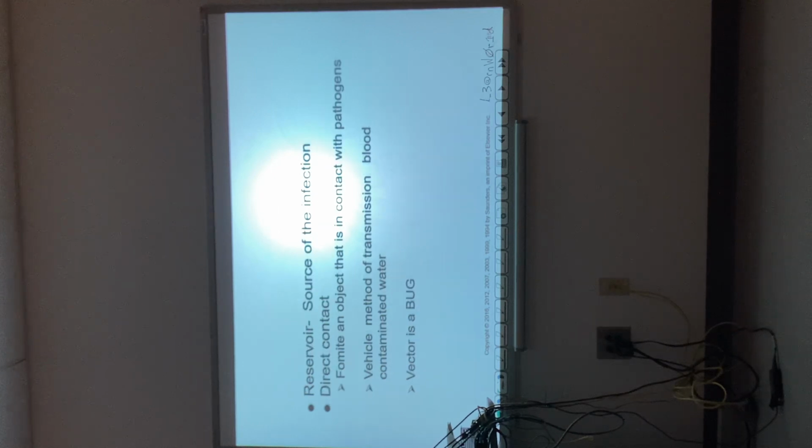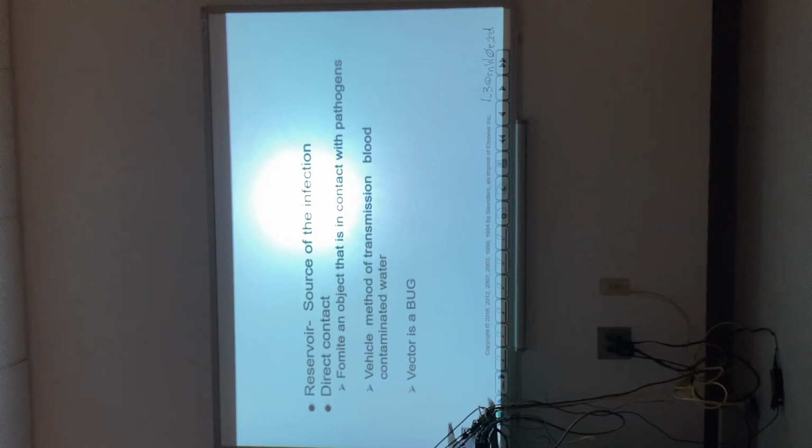We have the reservoir, all right, which is termed the source of the infection. And we know that infections can occur because of some type of contact. We have direct contact and indirect contact, all right? So here are some examples of direct contact. We have fomite, an object that hosts the pathogen, whether it's a bacteria, a virus, a parasite. We have vehicle, which is how that infection is spreading, or the mode of transportation, how you contracted that disease